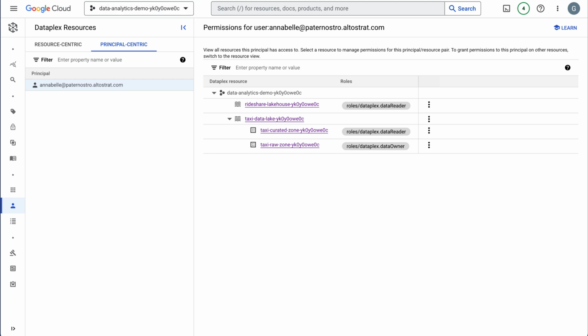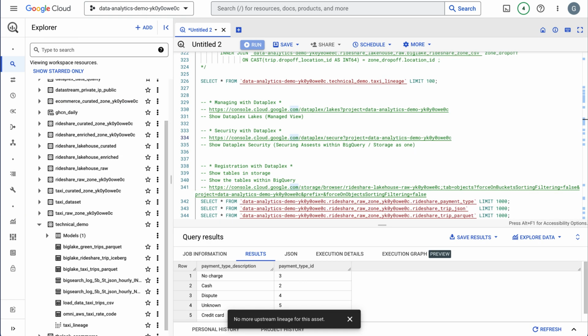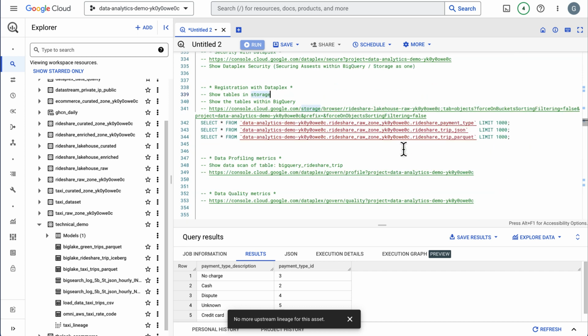So you're not hunting and pecking, trying to find all the storage accounts or some places or folders and setting those ACLs individually. So now that we have our data secured, Dataplex offers one additional benefit, is it does data